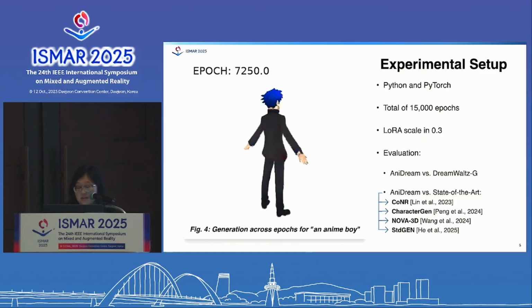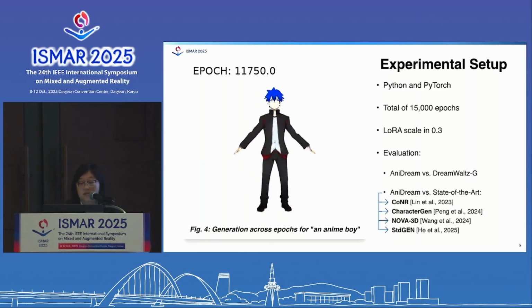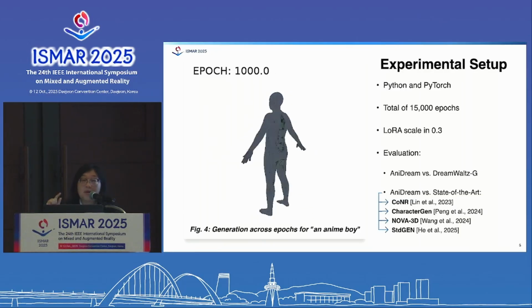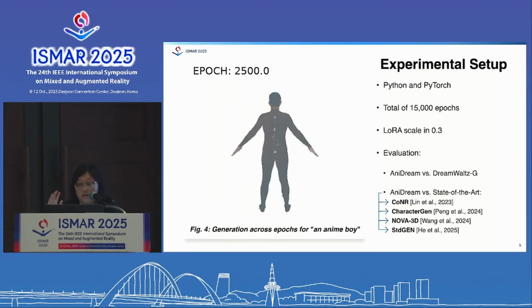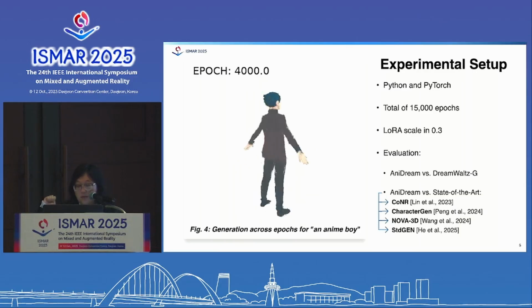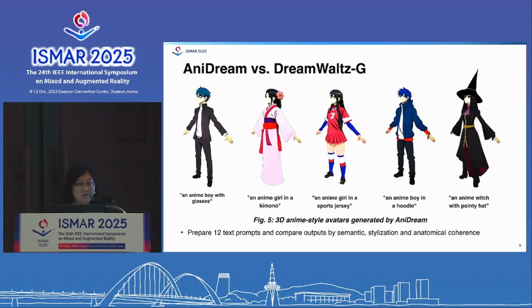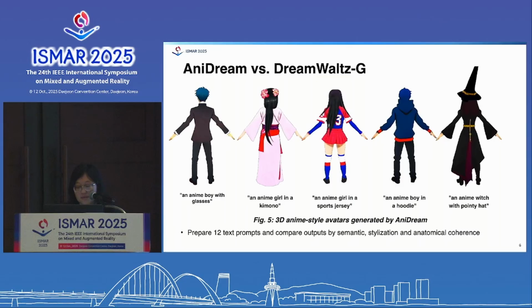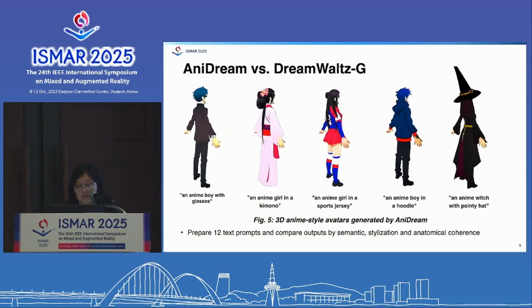The LoRA has an effect of 30% on the weights of the diffusion model, and our evaluation is separated into two phases. First phase is comparing AnyDream against the baseline, DreamWorld G, and the second phase is comparing AnyDream against the state of the art, which is formed by 4 works in the literature, which are all based on image inputs. So to compare AnyDream against DreamWorld G, we prepare 12 text prompts and compare the outputs by semantic, stylization,